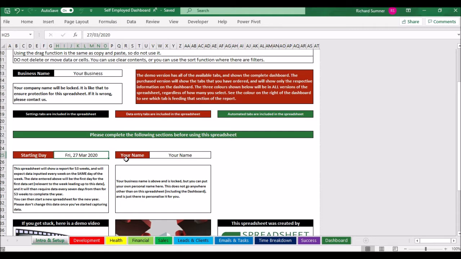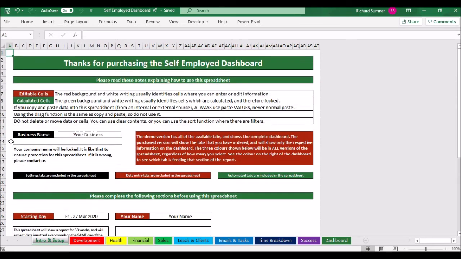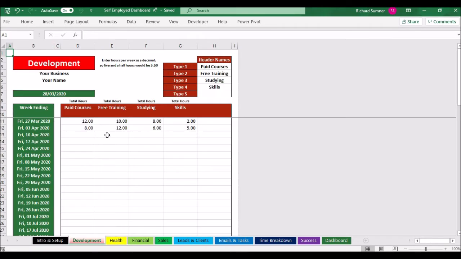I'm now going to move on to going through one tab at a time, and when I do so, I'll go through the dashboard with the relevant reports so that you can see which reports go with which component. So let's start with the development component. Right, development, as with most of these